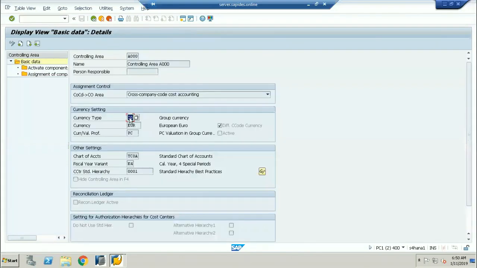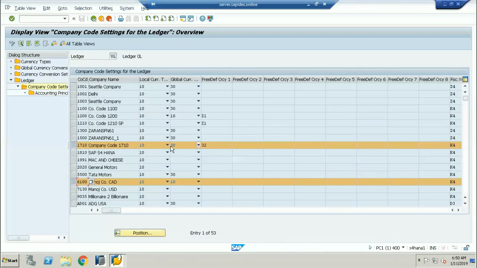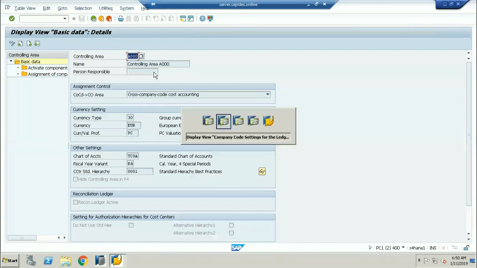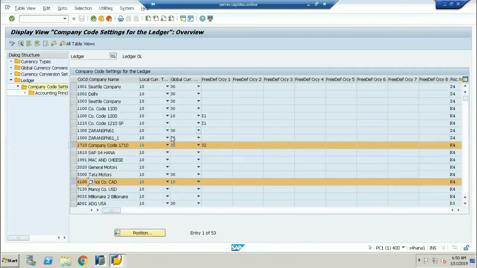If you are assigning 30 here, then this will become your global currency. Whichever currency type you have assigned to the controlling area, that currency will become your global currency type.